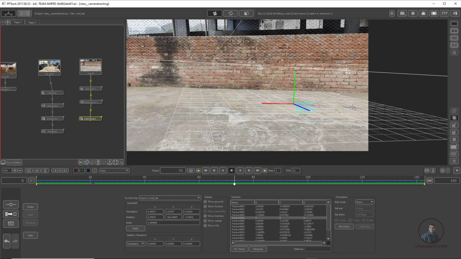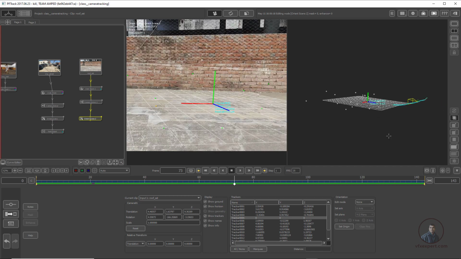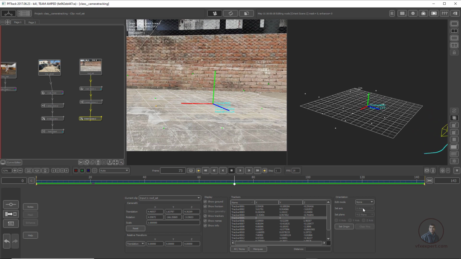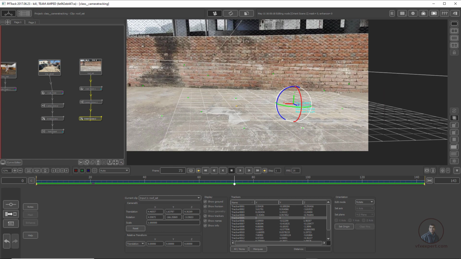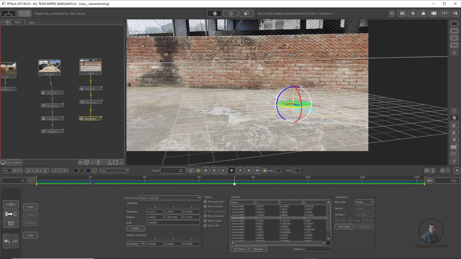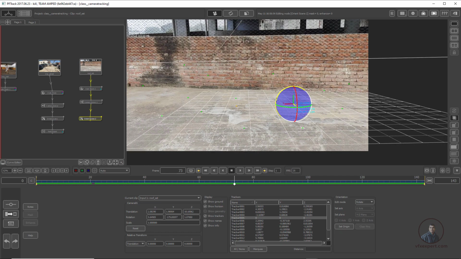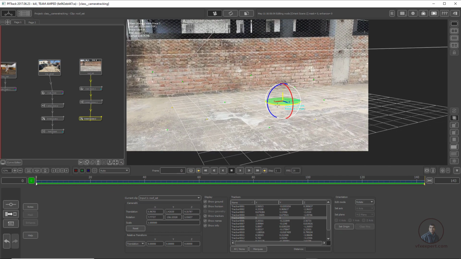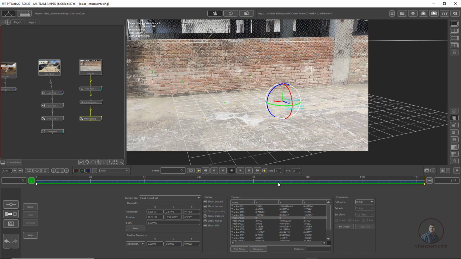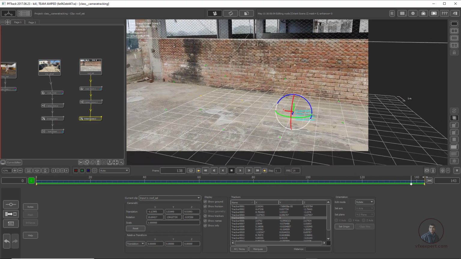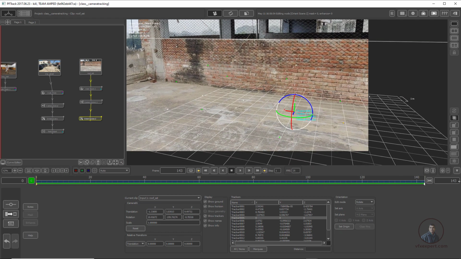Then for adjusting rotation and all these things, you can also go in our 3D view here, and from here you can also rotate. Then in edit mode just select rotate and you can adjust your scene orientation. From here you can also adjust. So just come a little bit here. From here I am going to orient. This is again just for explanation. The remaining scene orientation you can do in a 3D package also.